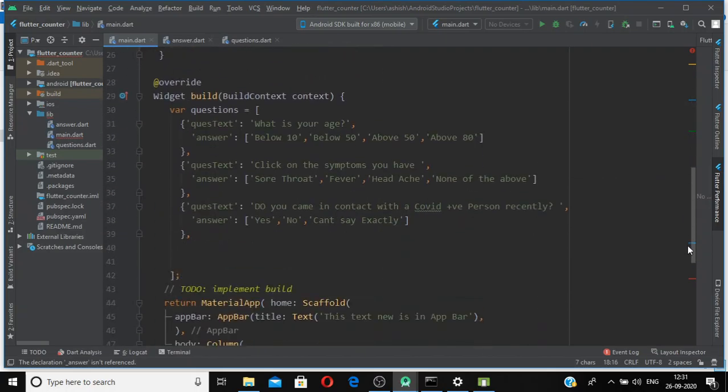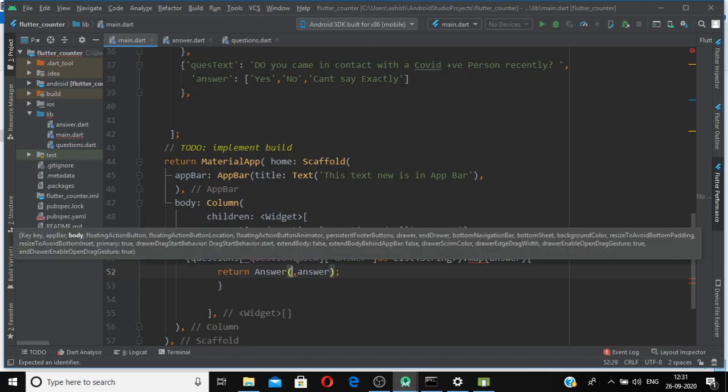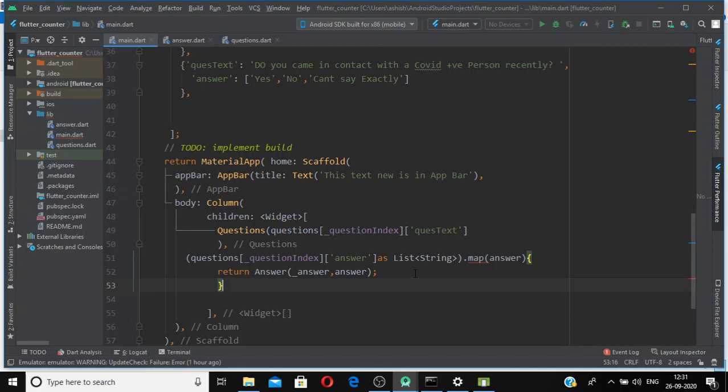So here we copy paste this thing, and this will be the second argument, this answer text, and the first argument will be this pointer to that method. So our answer widget is ready.